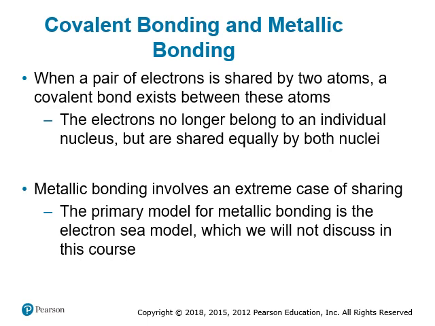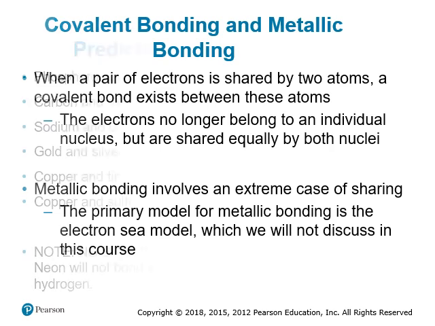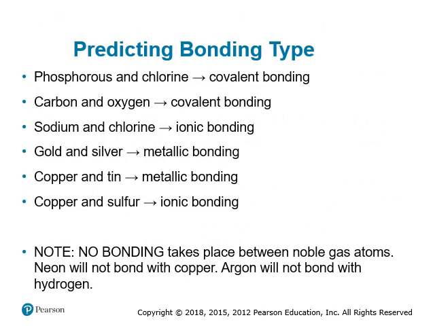The nature of metallic bonding involves an extreme case of sharing, and while I would love to go into great detail about the nature of metallic bonding, it is a very complex model, a model known as the electron sea model, which goes beyond the scope of this class. So simply based on metallic or non-metallic behavior, we can predict whether 2 elements will form covalent bonds, ionic bonds,